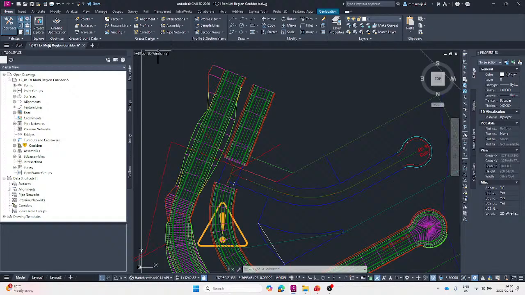And then we have our Explore, which is our project explorer, and then Optimize, that is grading optimization, and then creating ground data, that is creating all the objects within your interface. These are basically the core capabilities of Civil 3D, what Civil 3D entails, or what you can